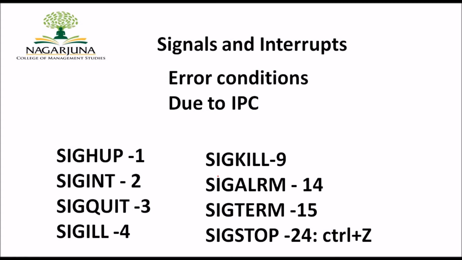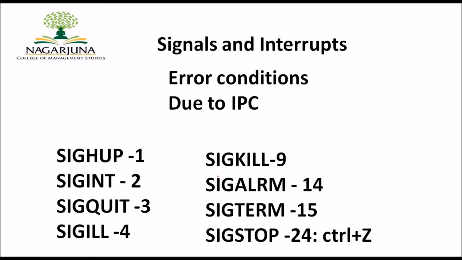Usually the errors might occur by pressing a delete key, or your program may go to a hang up situation, or your program might be terminated by the kill command. Though your program is under execution, you might press a delete key, or you might quit the program itself, or your program might hang up, or you may initiate a kill during the execution. These are the different types of interrupts you can see.